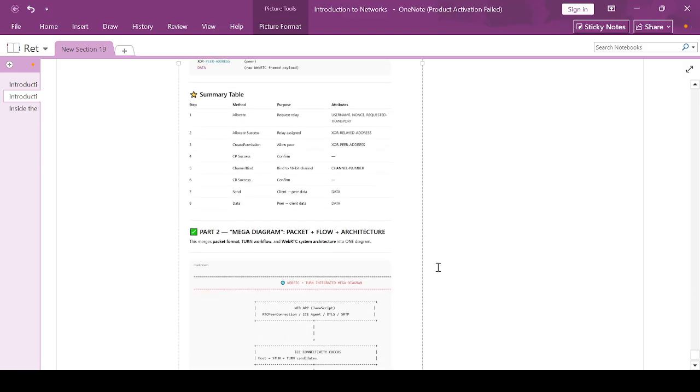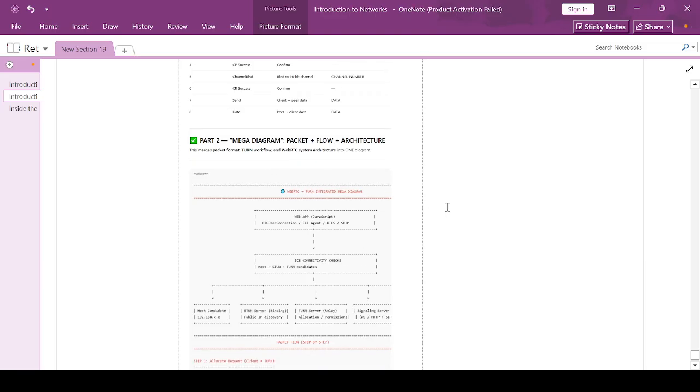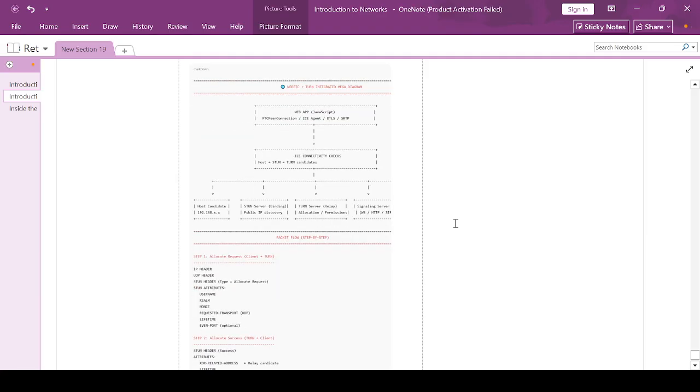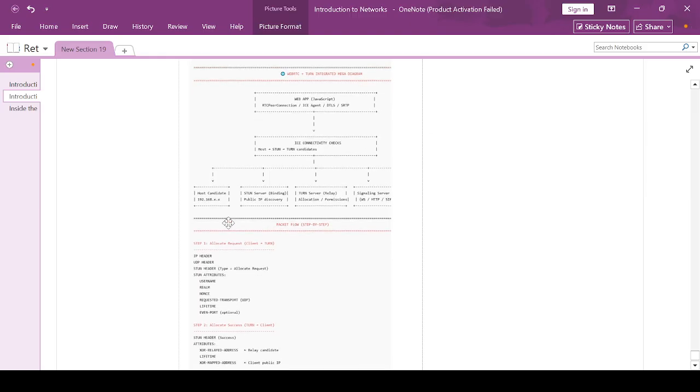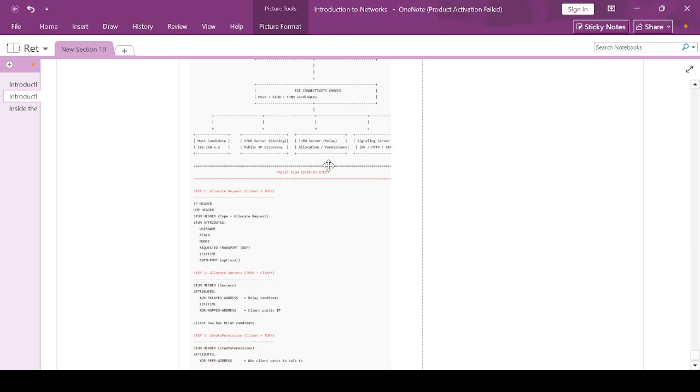So part 2, mega diagram: packet plus flow plus architecture. This merges the packet format, TURN workflow, and WebRTC system architecture into one diagram. We have the WebRTC and TURN integrated mega diagram. We have the web app, JavaScript, RTCPeerConnection, ICE agent, DTLS and SRTP. It will connect to ICE connectivity checks. We have the available candidates: host, STUN, and TURN candidates. In the host candidate, we have 192.168.x.x, etc. STUN server: binding, public IP discovery. TURN server: relay, allocation, permission. Signaling server: